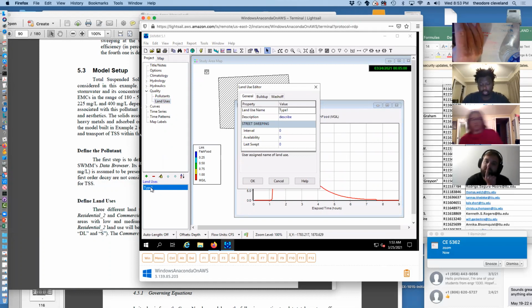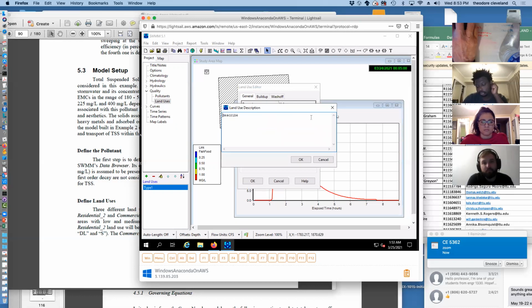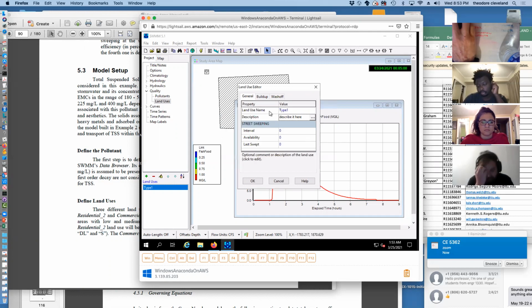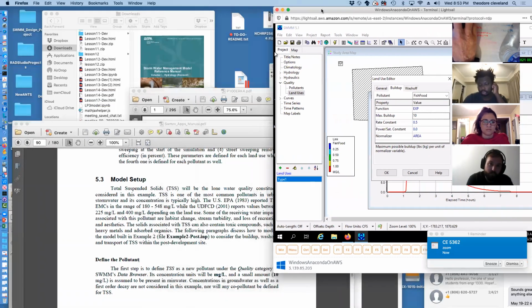So I've declared a land use called type 1 because I have absolutely no creativity in naming. It's intended that you put stuff like residential subdivisions, single family houses, light industrial, major prison area, stuff like that for the land use name, and then you can describe it. And this is just a character string. Then they have something called a buildup function. And what the buildup function is